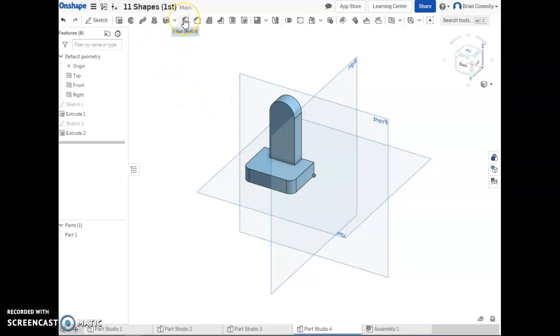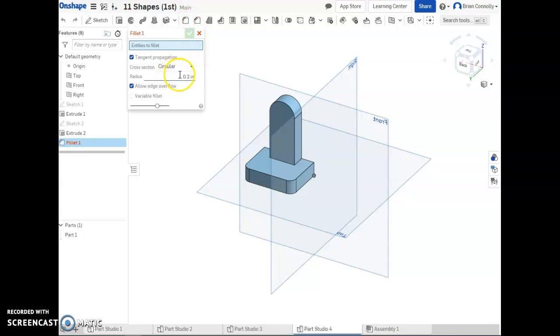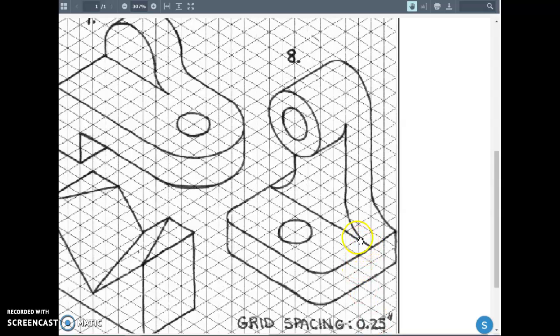And then I'm going to go ahead and use my fillet tool to put in those 2 fillets, and then I'll just finish that part. And so here we can see that I'm not in a sketch, I'm in the 3D feature time, and I'm going to hit fillet, and in this case the radius was 0.5, and I know that because again the arc is all within 1, 2, and 1, 2, and so this is a 0.5, 2 square,